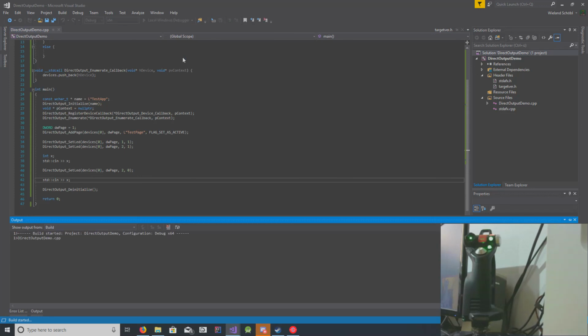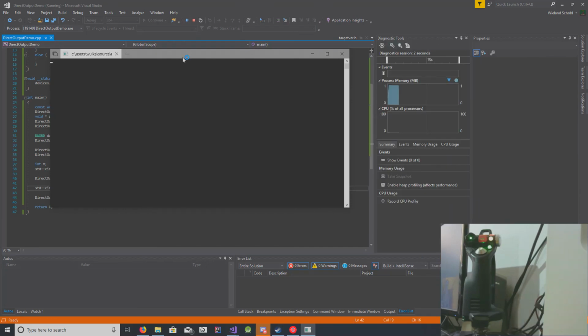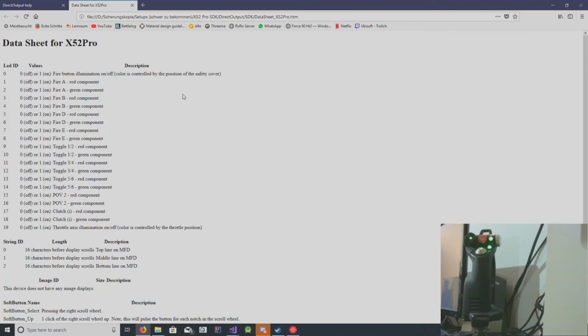and we will start our program. So very good, we have our yellow, and then we have our red, and the program closes. So the next thing you of course want to know is how to use the MFD. Now the MFD works in the same way as the LEDs basically, and we get a function here